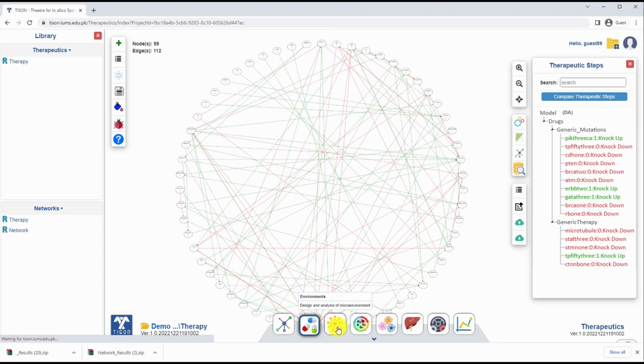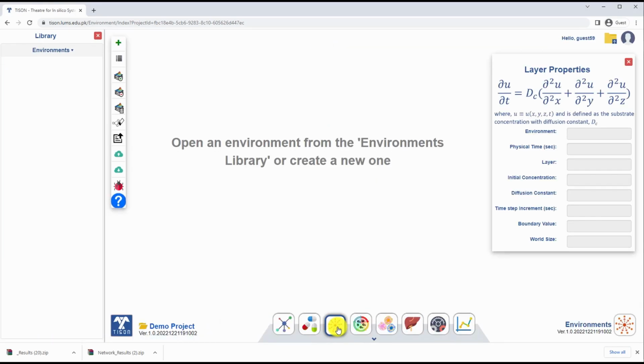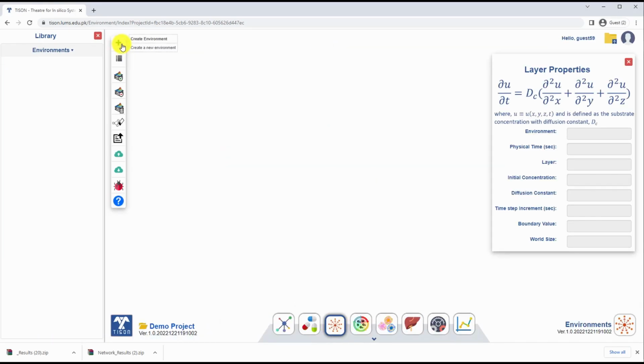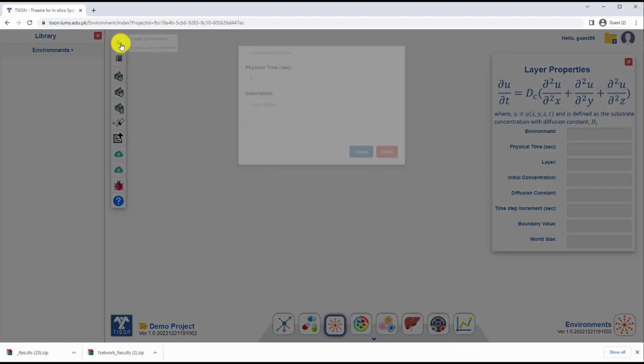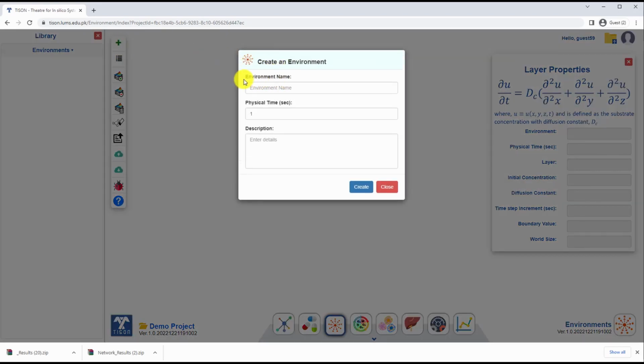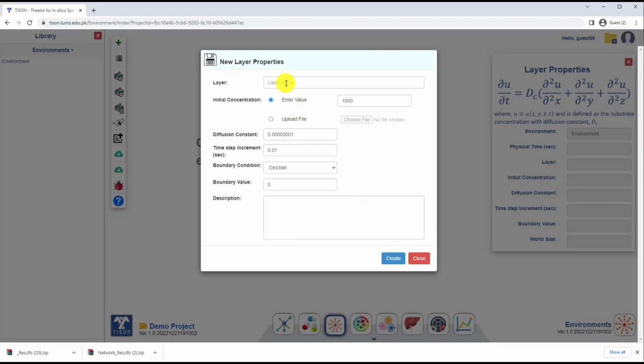The third editor of TISON allows the users to create cellular diffusive microenvironments. On clicking the Create Environment button, a model appears on the screen. The users can define the name of the environment, its physical time, and give the optional details. Next, the users must input the name, initial concentration,